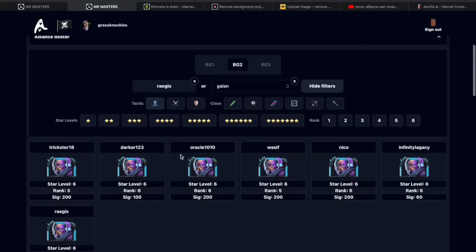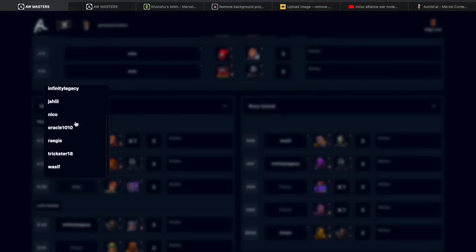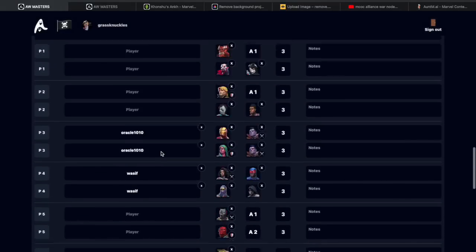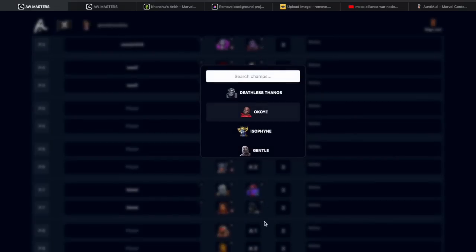So I'm going to look at my Gallons. I see Trickster is still available. His is only a rank 5 though, meaning we do rank 6 if it's ascended. So I'm going to go with a player who has not gotten an attacker yet, and that is Darkar. So that means Nico has another team slot, and I noticed over here I can give him Cassie for this fight,